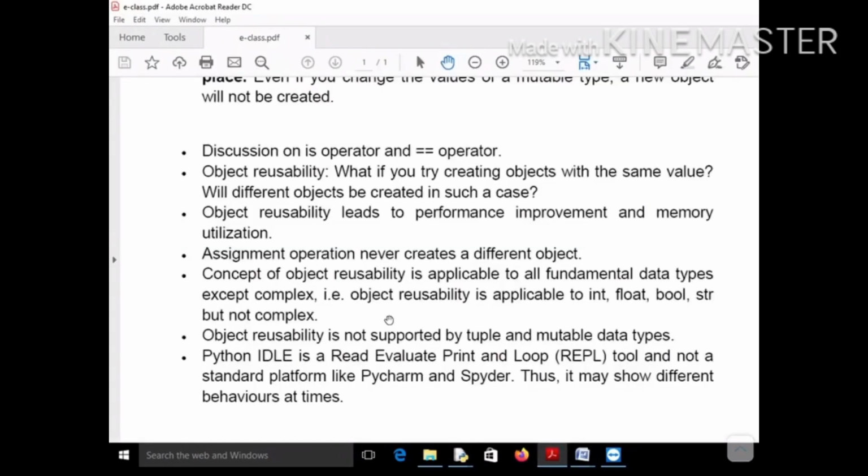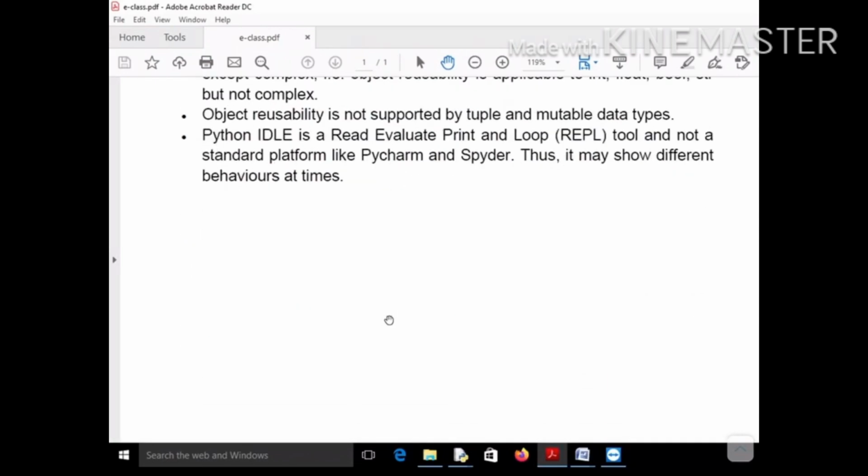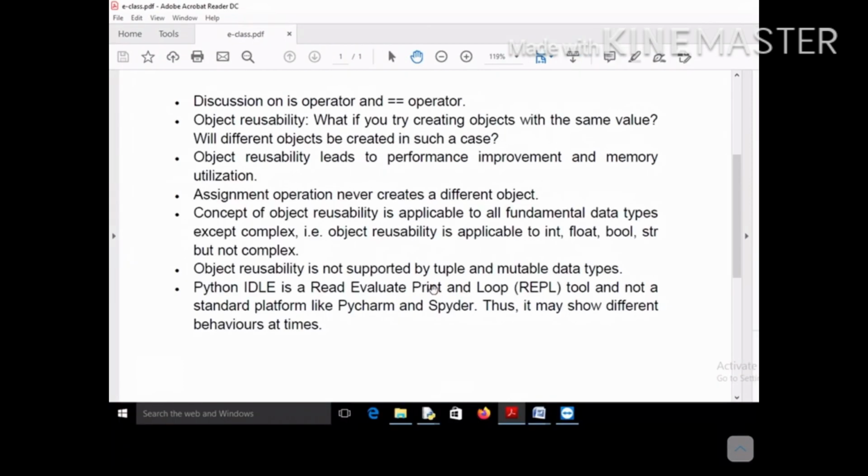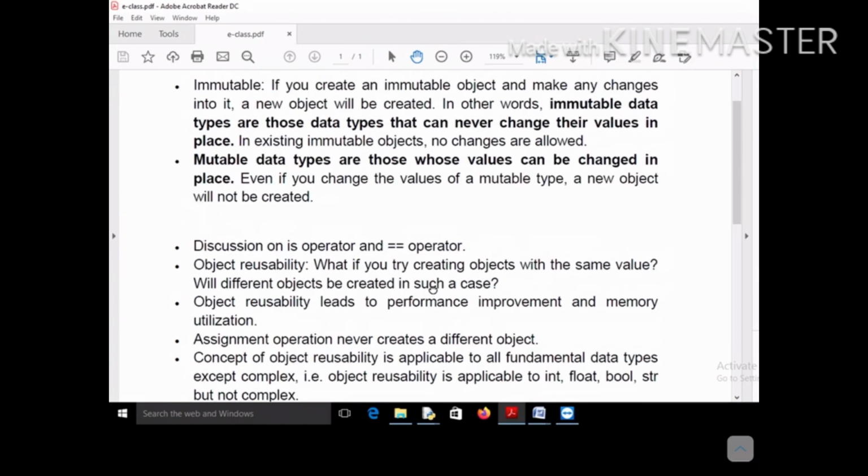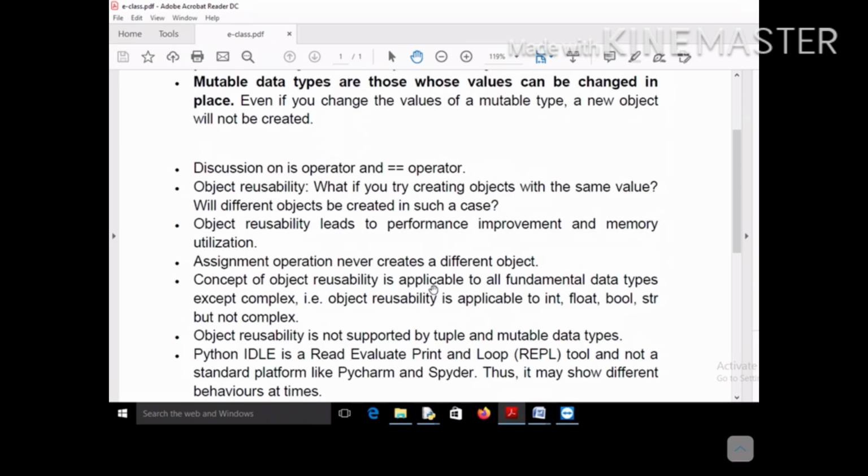Okay, so before concluding, let me tell you that Python is basically a REPL tool, that is read, evaluate, print and loop tool, meaning it is not a standard platform like PyCharm and Spyder. What we have seen till now is that all the default fundamental data types, for example int, float, bool, string, support object reusability.